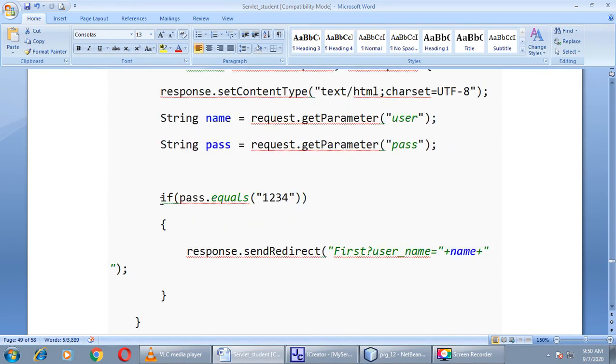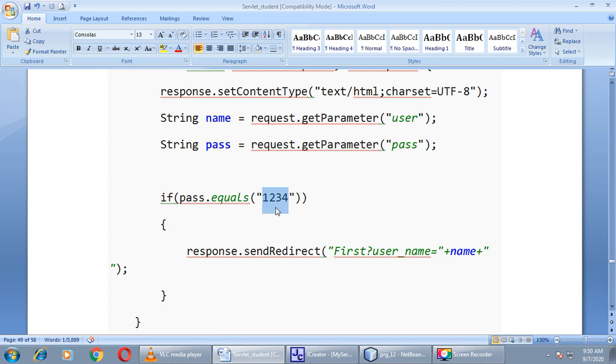Now if pass dot equals 1 2 3 4, if the value of password field is 1 2 3 4, whatever the user is entering in this text box will be assigned to our local object, right? And we are comparing the value of this object with the static value 1 2 3 4.